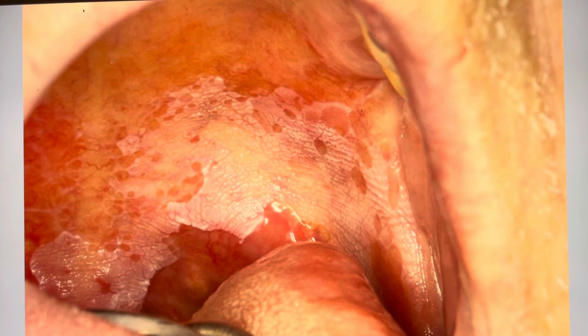In my previous video, I mentioned that when we have a callus on our fingers, we touch it, we can tell it's thick, we can tell tissue grew there, but the color of it is like skin color. But in the oral cavity, whenever we have overgrowth of tissue, especially of the surface mucosa, it is always white.